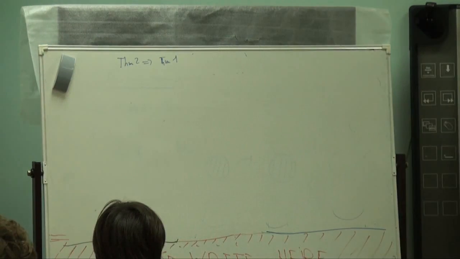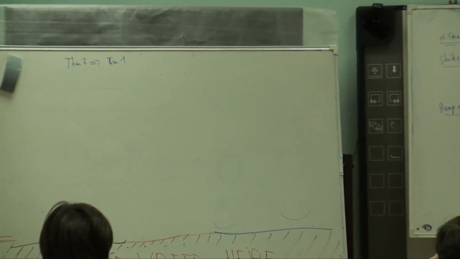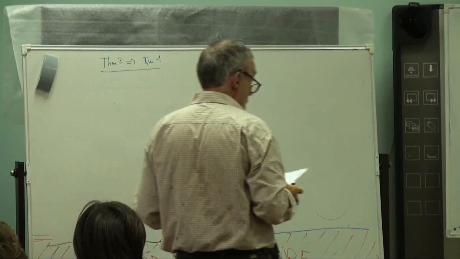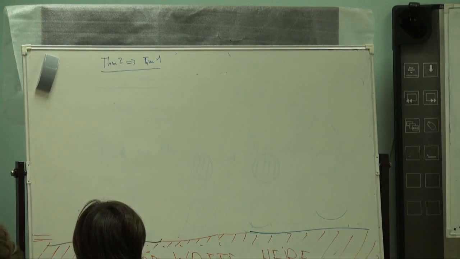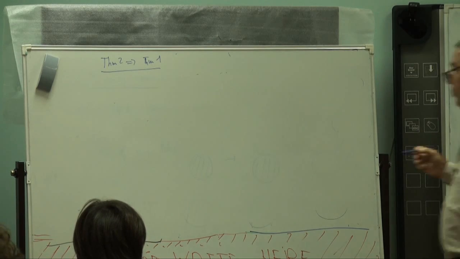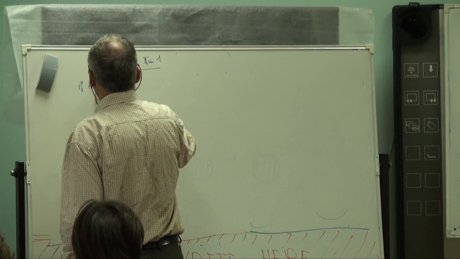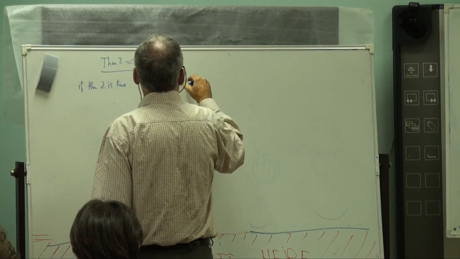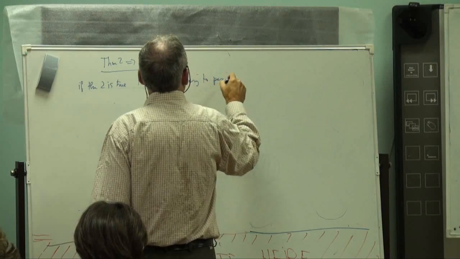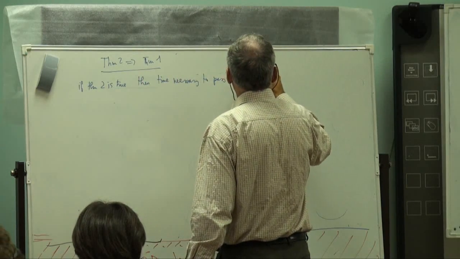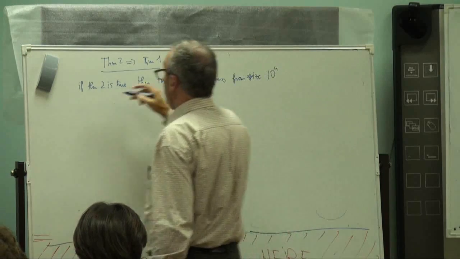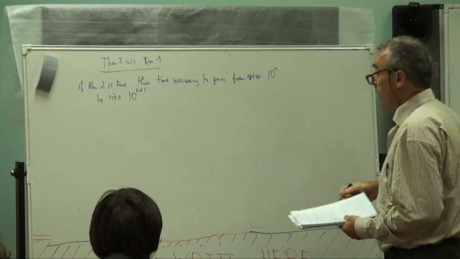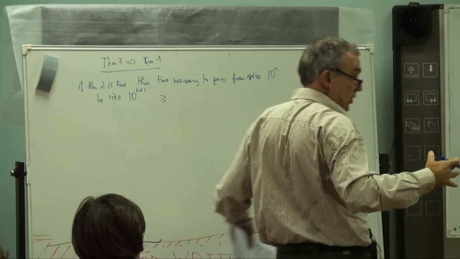Well, if theorem 2 is true, then the time necessary to pass from size 10 to the n to size 10 to the n plus 1 will be greater than something. So we just